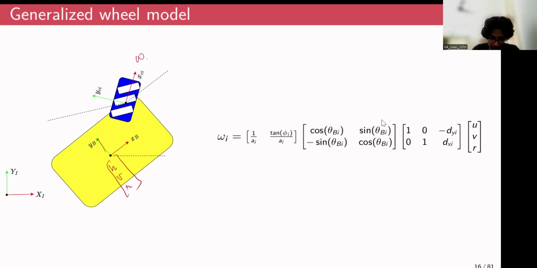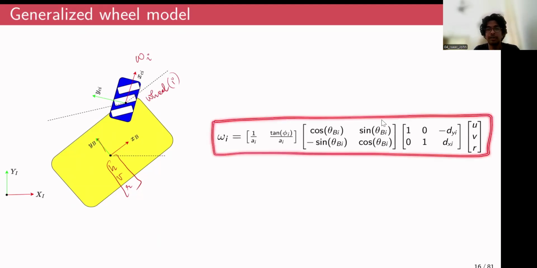So if you consider this wheel to be the ith wheel, wheel i,